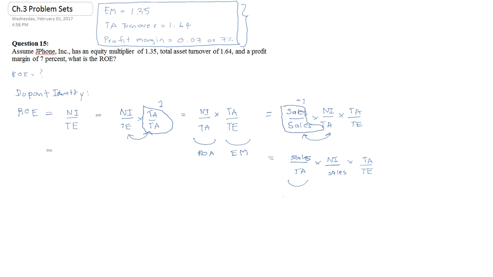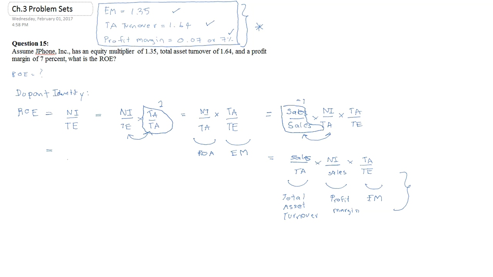So you will have here, this is called total asset turnover, you remember. And this one will be called profit margin. And the last piece is called the equity multiplier. With this, if you look back at what we have here, we have the equity multiplier, we have total asset turnover, and we have profit margin. So it fits perfectly with what